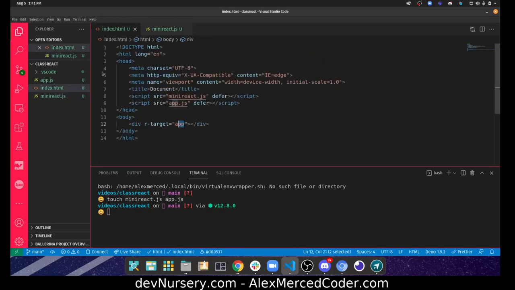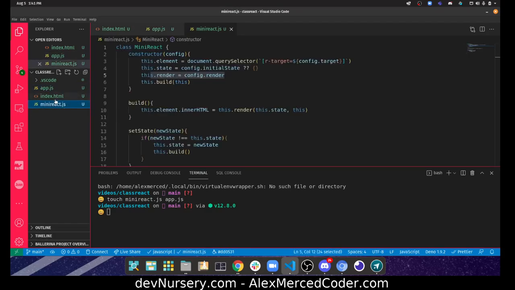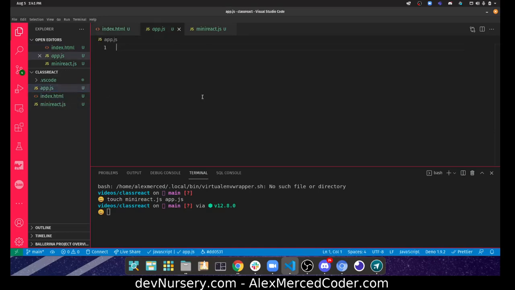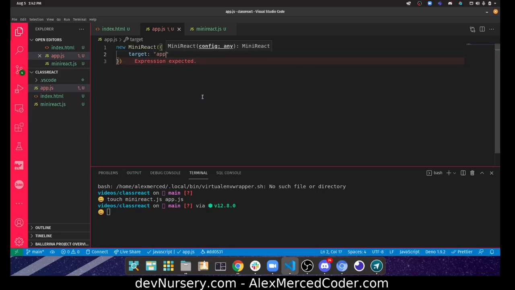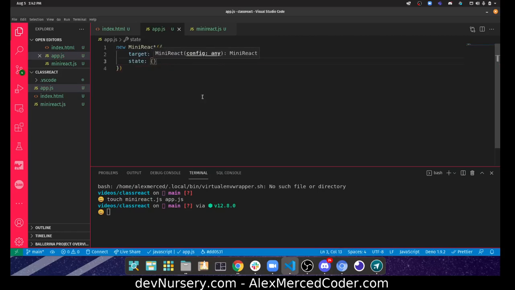Let's just do a simple version of this. So I'm going to go to my app.js, because now this class should exist, because the idea is that this mini React runs first, because again, that script tag is there first, then it's going to run my app.js. So what I'm going to do is say new MiniReact, and then we pass in the config object. Essentially there's the target, which should be app. Then we're going to have the initial state, which will just be hello world. And then we're going to have our render function,